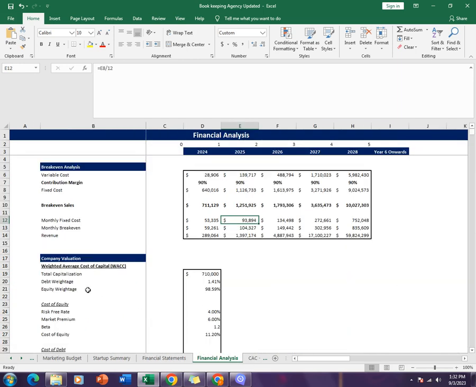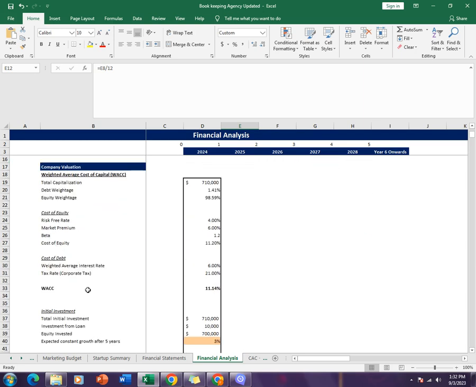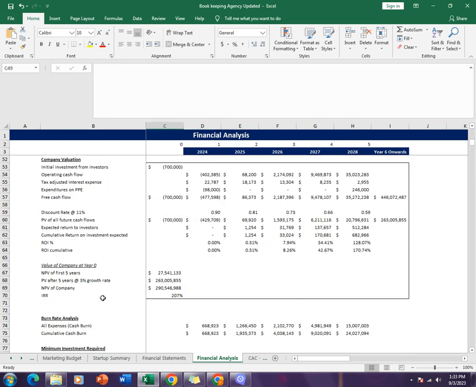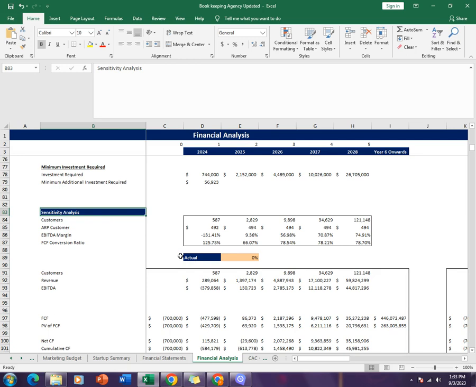Coming towards the financial analysis, the financial analysis sheet includes the break-even analysis, which tells you about the break-even sales. It also gives you a company valuation, which tells you about the WACC of the company, as well as the expected equity offered to the investors that you can see over here. Then comes the company valuation at year zero, and afterwards it comes the sensitivity analysis, which gives you the actual